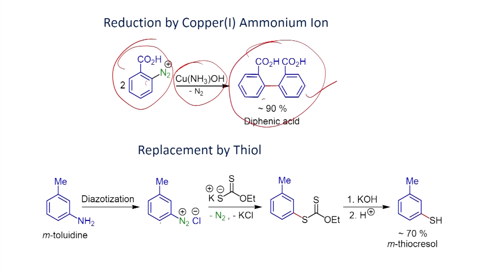And the next example involves, in addition to that, if you have the diazonium salt, you can also react with other nucleophiles. For example, here a sulfur nucleophile is shown, and it can undergo reaction. You can make a carbon sulfur bond, and when you look at the mechanism of this transformation,